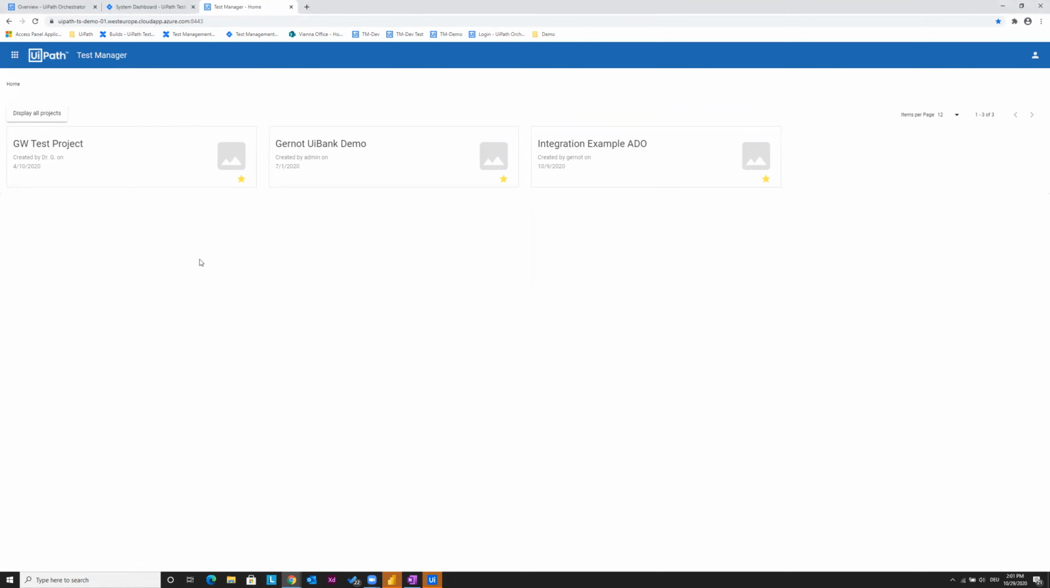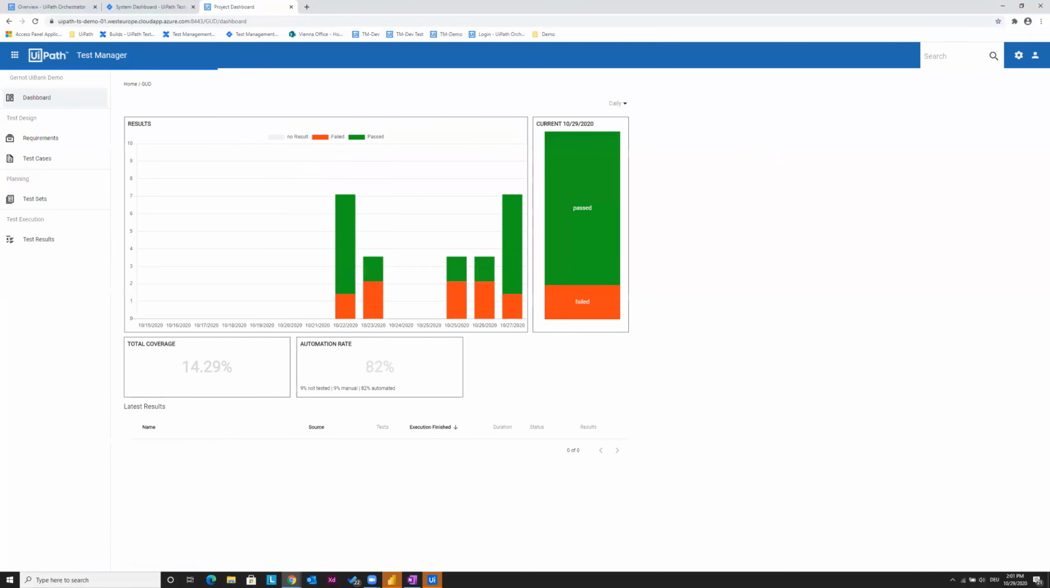Okay. So, Test Manager. What you can see here is the Test Manager web application. It's the on-premise version. Basically, what we can do with it, let's jump right into it. So let me